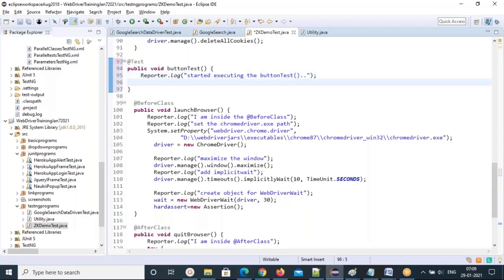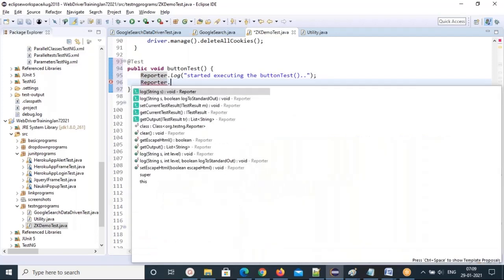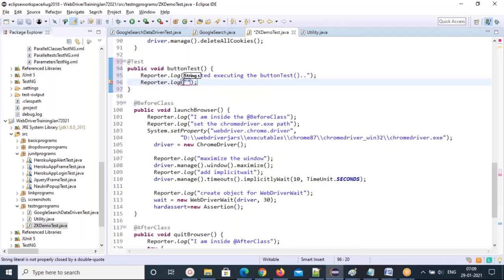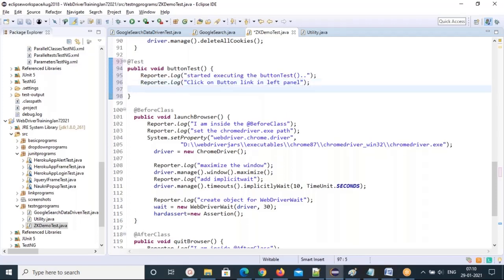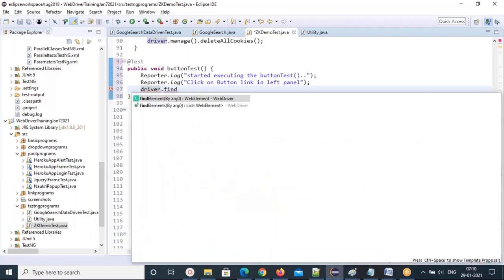Then the first step is we need to click on the button link in the left panel. So Reporter.log: click on button link in left panel. That's a step we need to write using the logger. Reporter.log we are using to log our messages. driver.findElement(By.linkText).